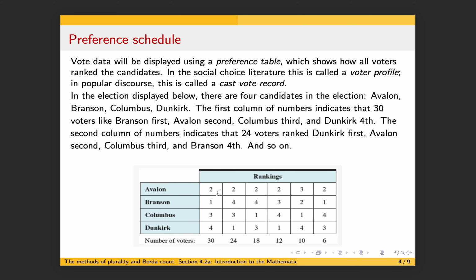Now, how will we display election data? Once everybody has cast their ballots, how do we look at the results? The answer is what your book calls a preference schedule or a preference table. Those are the same thing. Now, I should mention that